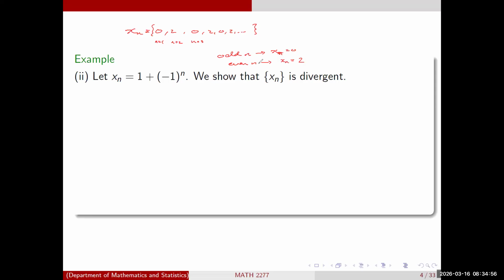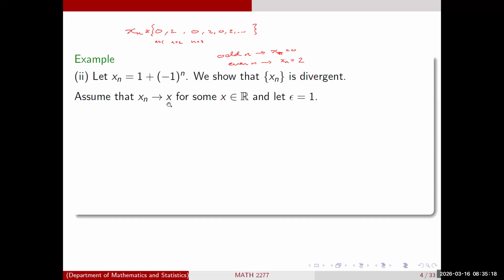So clearly the sequence is bouncing back and forth between 0 and 2. So it's not going to be convergent. Okay, so I'm going to assume that it is convergent, and let's see what happens. So I'm going to assume that there is some value, x, some real number, that this sequence is indeed convergent